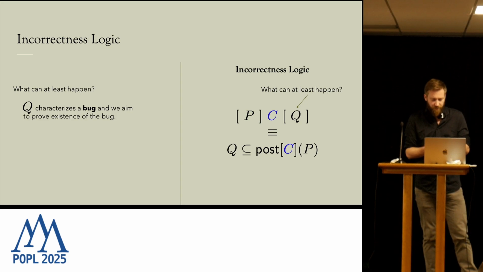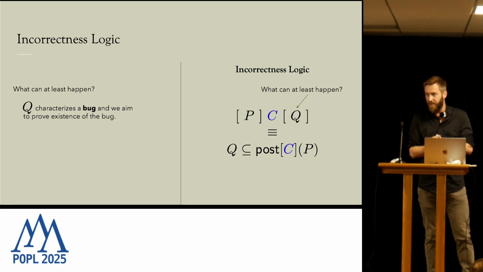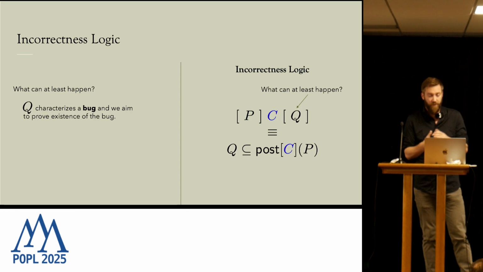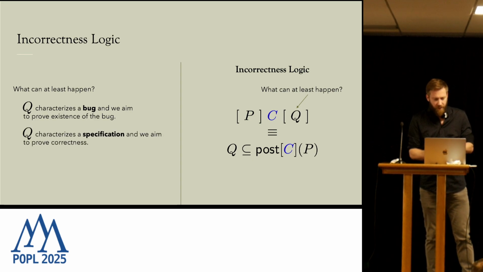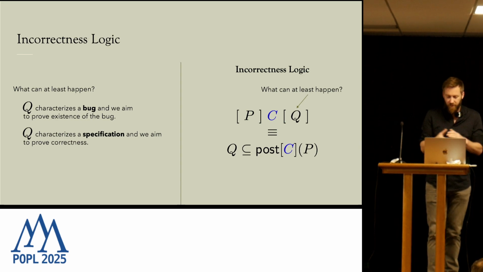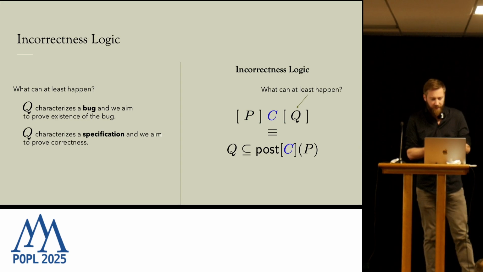So we want to prove that the program can at least exhibit the bug, and that means that we have no false positives. But in the reverse Hoare logic paper, it's also used as a correctness type of reasoning, where Q characterizes some form of specification, like with the shuffle function, and we aim to prove correctness with regards to that